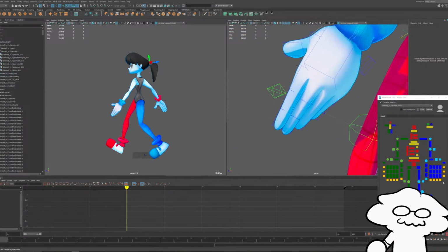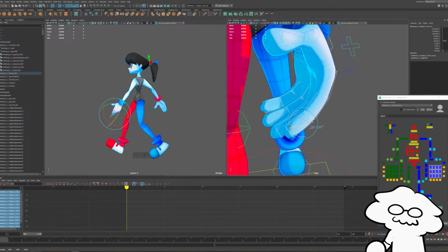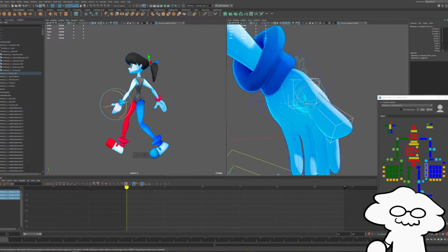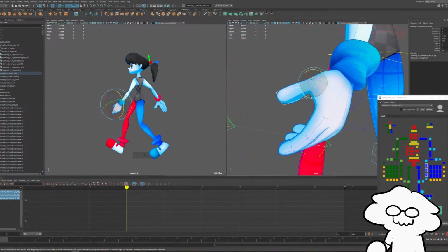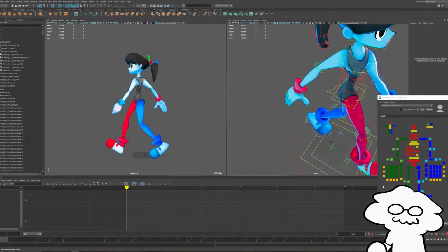And then we'll select all of our finger controls and curve them inwards like that. Then we'll do the same for the thumbs. The way my thumbs are set up, it's a little jank, but I can still get a good natural position like that. Then we'll do the same for the other fingers.